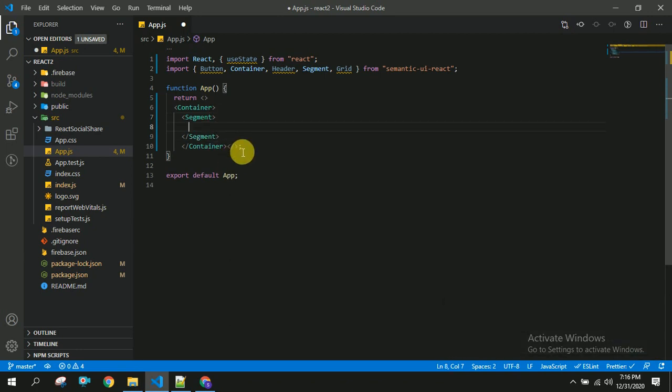Once I save this, I'm going to create some header with some simple stuff called file upload or image upload using React.js.